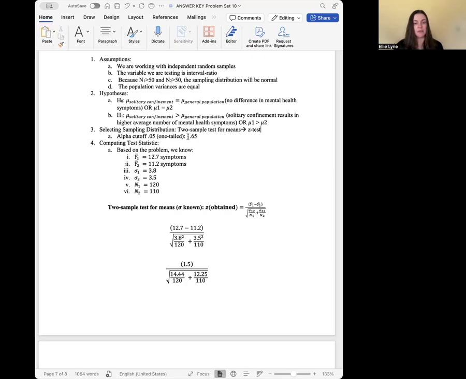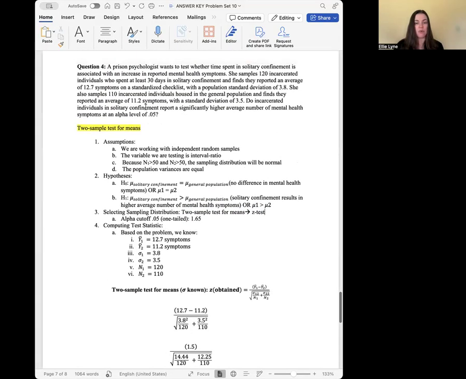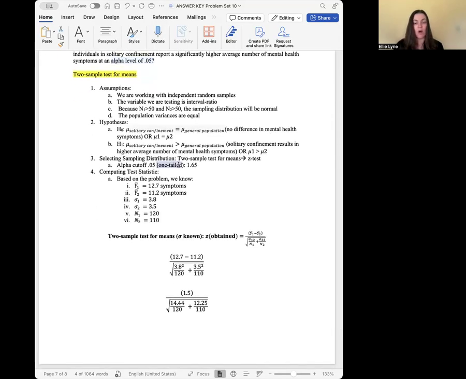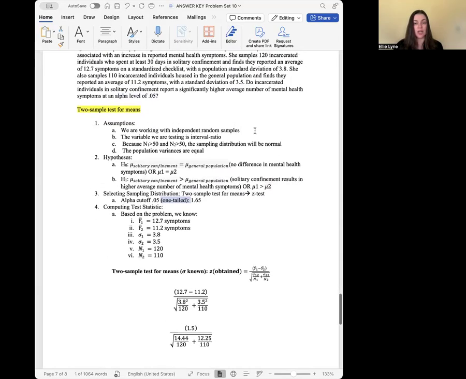All right, selecting our sampling distribution. Right off the bat, we established that this is a 2-sample test for mean, so it will be a z-test. Alpha cutoff point was given to us here of 0.05. It is a one-tailed test because we saw here that we have a specified direction of a significantly higher average number of mental health symptoms. And because of that, we need to go and look on our chart to see where we intersect between an alpha cutoff point for a one-tailed test at 0.05, and that will be positive